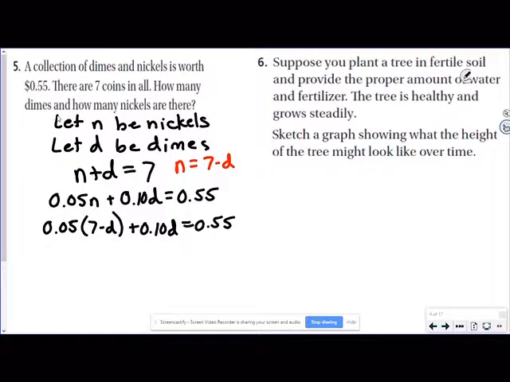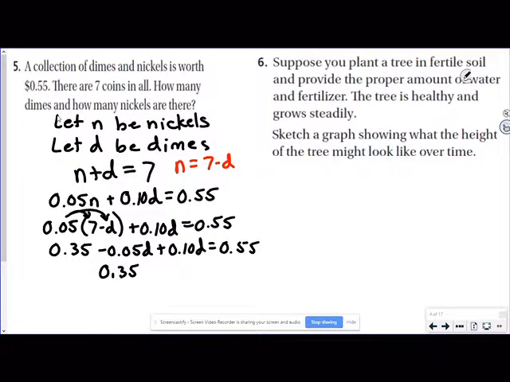Do the distribution here. We have 0.35 minus 0.05d plus 0.10d equals 0.55. Combine like terms,